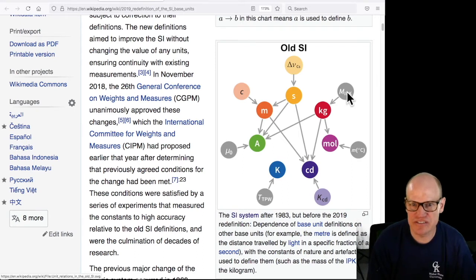This right here says that this was the International Prototype of the Kilogram, MIPK. That's the mass of the International Prototype of the Kilogram. That defined what the kilogram was. This fundamental constant tells you what the amp is. The triple point of water right here,